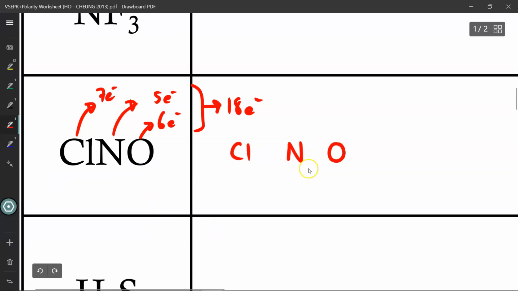Again, I know that over here there must be at least a single bond between them. I've drawn 4 electrons so far. I need to have 18 in total, so make sure these ligands get priority. Make sure they follow the octet rule first. So 2, 4, 6, 8, 10, 12, 14, 16, and there's 2 extra electrons left, so I'm going to put